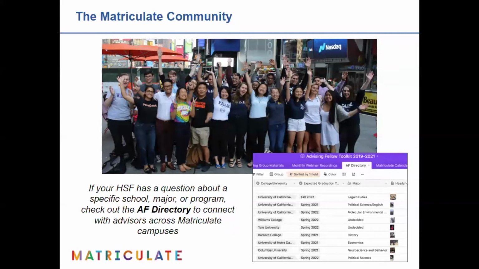While Matriculate strives to provide comprehensive and useful advising tools, one of the most valuable resources available to you is the Matriculate community. This network is comprised of Matriculate staff, head advising fellows, your campus fellowship, and advisors all over the country. Your head advising fellows and campus lead will check in throughout each month to provide support in keeping you on track to meet fellowship expectations, but we strongly encourage you to tap into this incredible network and reach out proactively to raise concerns, share feedback, share great news, and ask questions.